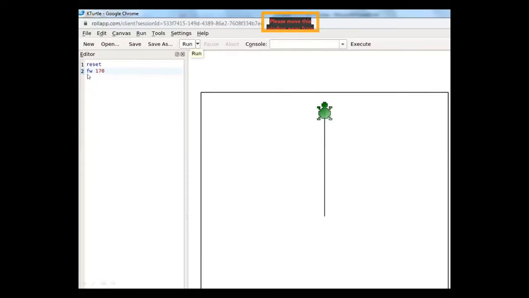So when I write the command and click on the run button, the turtle moves in the forward direction by 170 steps. You can see here the turtle is in the middle of the canvas, but when I write the command FW 170, the turtle moves in the forward direction by 170 steps.